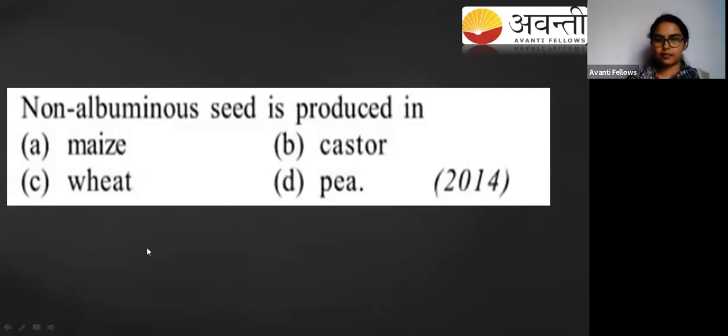Last 30 seconds. Very good, Anu, and Ashwin. Good, Shri Devika, Monisha, very good, Sinchana, awesome, beautiful. Last 10 seconds. Deepika, nice. So you should remember the examples, okay? You know what is non-albuminous and what is albuminous, but examples play a very important role. Very nice, Trishala, good. Okay, guys, I'm ending the poll now. Your time is done.